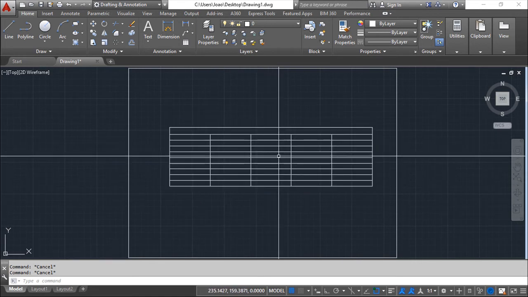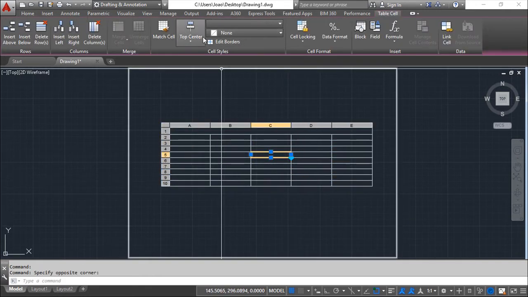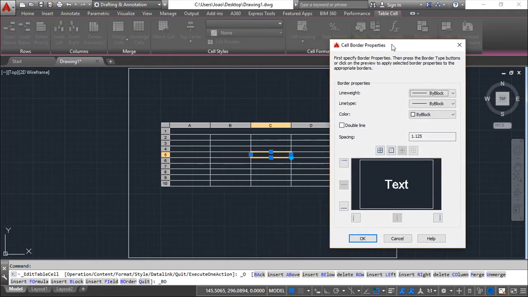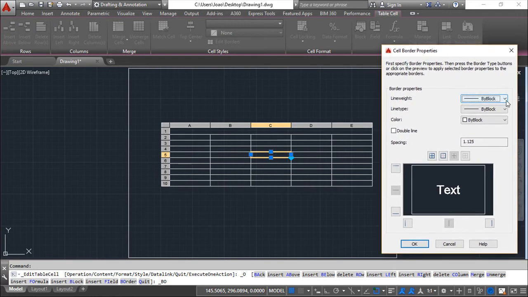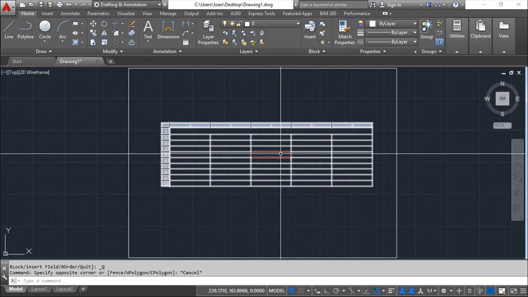So, for example, clicking in one of the cells, in the ribbon, when I open these options, these settings, I can call the edit borders. Let's put this aside, and I can control the line weight of the boundaries of the cell, the line type, the color. I will activate the color with a double line or not, the spacing, for example, putting this, okay, and that's it. I can do the same, for example,